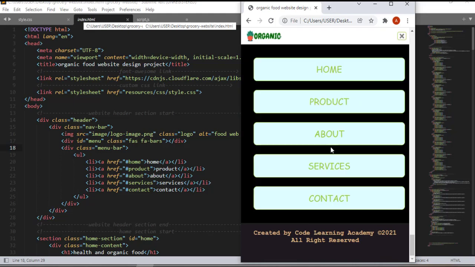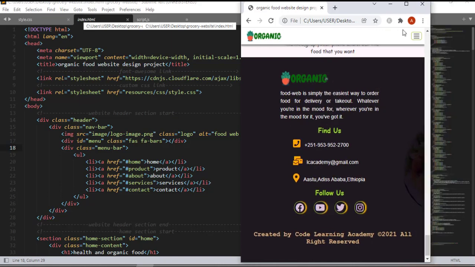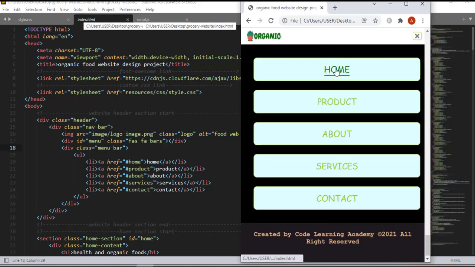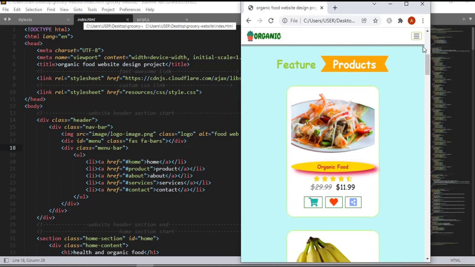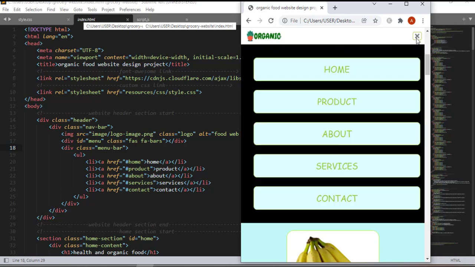You see here, this website is fully responsive. It's awesome, right? So I'm very excited to show you how you can design this fully responsive food ordering website